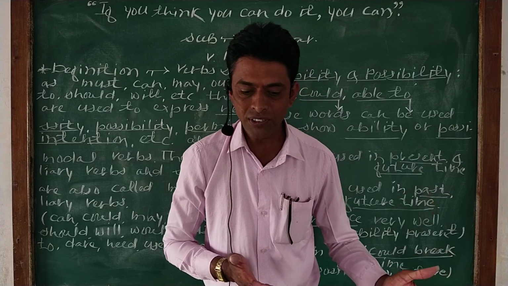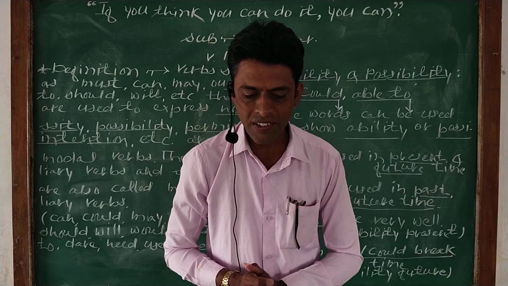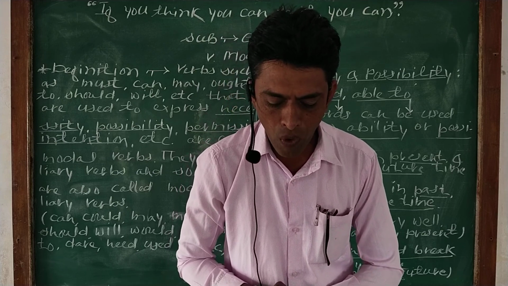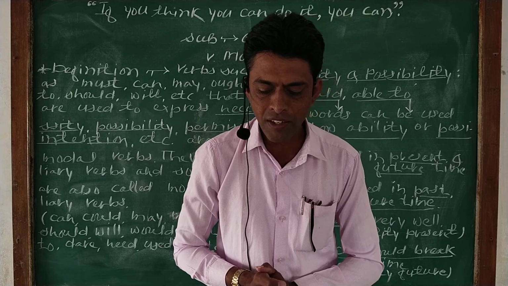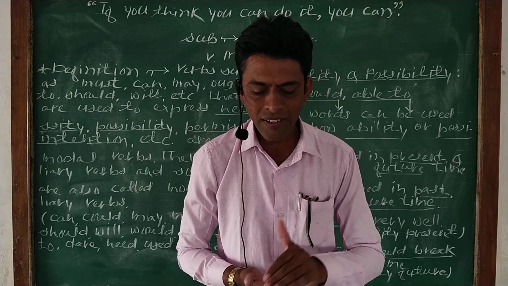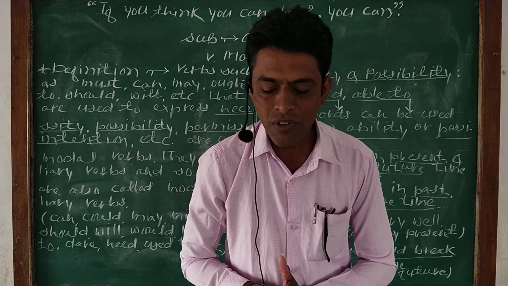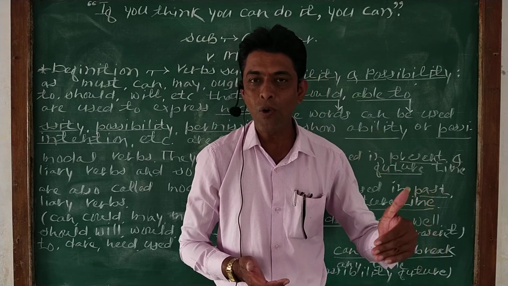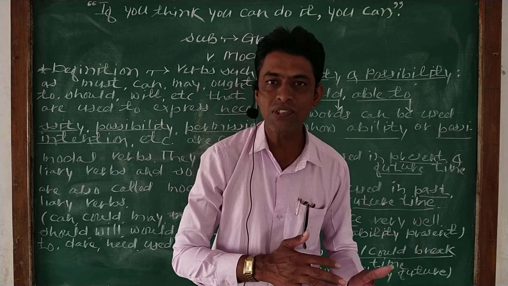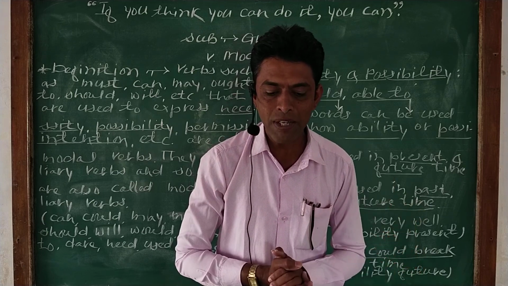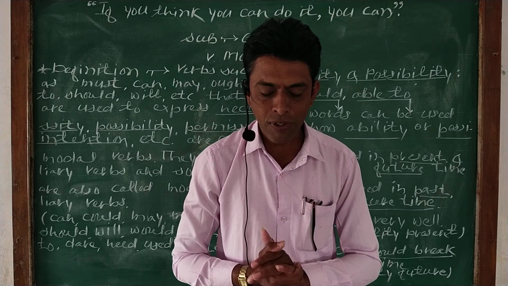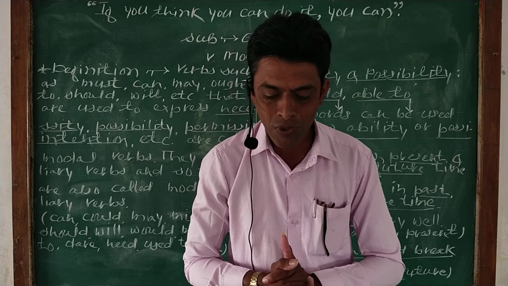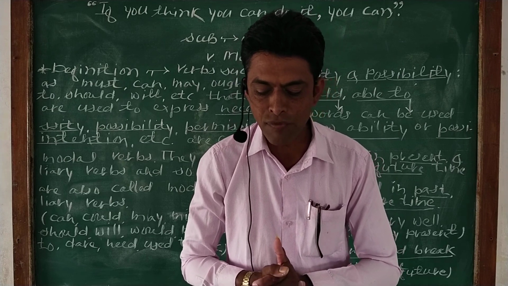Fourth example, if you see in the textbook, it is only 5 o'clock, so we could drive up the hill to the sunset point. Again, could drive shows possibility, but in present tense. Don't get confused in the tenses. Can, could, or able to, right? The third one, in the textbook, we use able to, that is be able to, in the present, past, and future time.